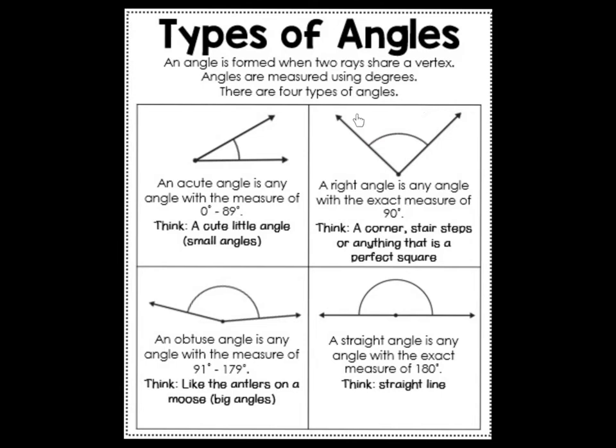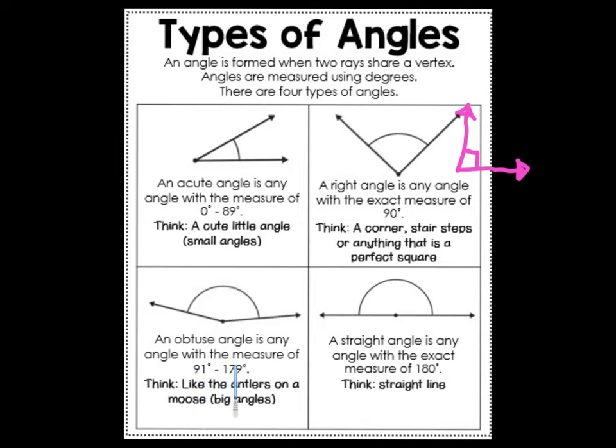Over here, we're forming like this special L. An L is a right angle which is always equal to 90 degrees. So if I draw this, if we turn this angle, it would look like this, because it has that 90-degree angle in it. It's an L. Then on the next one, we've got an obtuse angle, and this is anything from 91 degrees